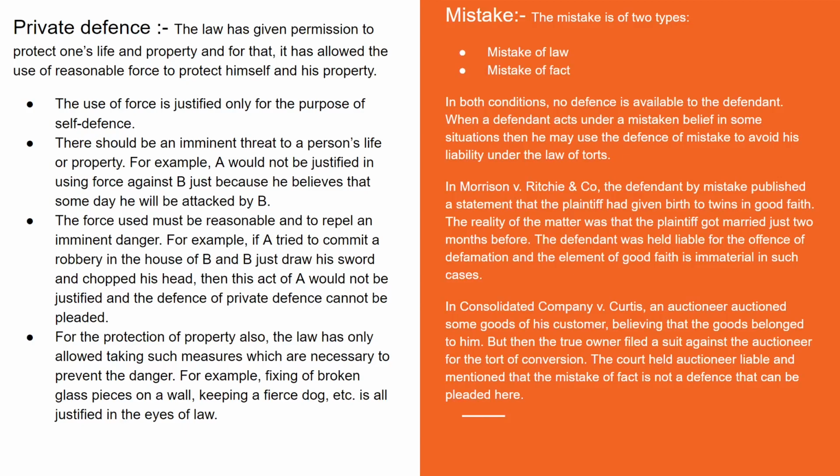There should be an imminent threat to a person's life or property. For example, A would not be justified in using force against B just because he believes that someday he will be attacked by B. The force used must be reasonable and to repel an imminent danger. For example, if A tried to commit a robbery in the house of B and B just drew his sword and chopped his head, then this act of B would not be justified and the defense of private defense cannot